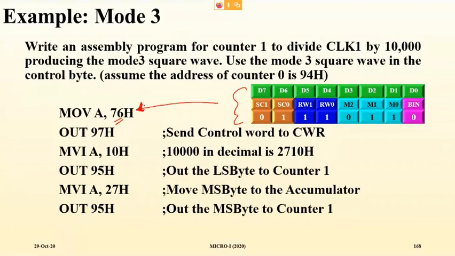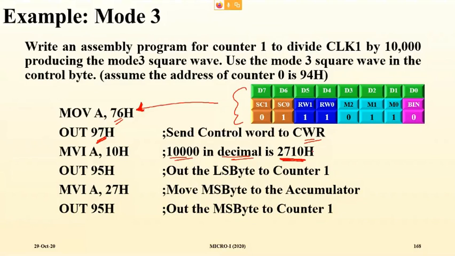Okay. Move A, 76. So you are going to load the control word and out 97H. So that means the control word has been loaded to the control word register. Now coming to the count. Count is 10,000, which is in decimal. If you convert this decimal number into hexadecimal, it will be